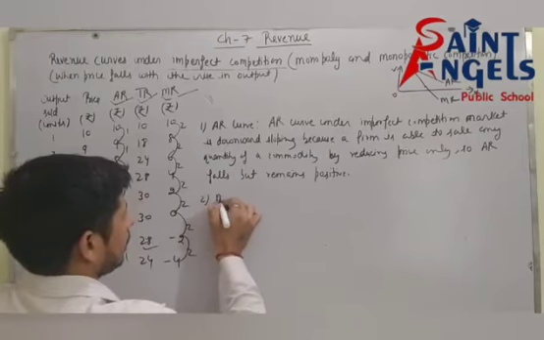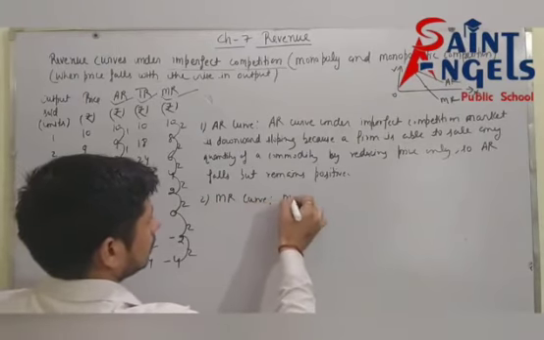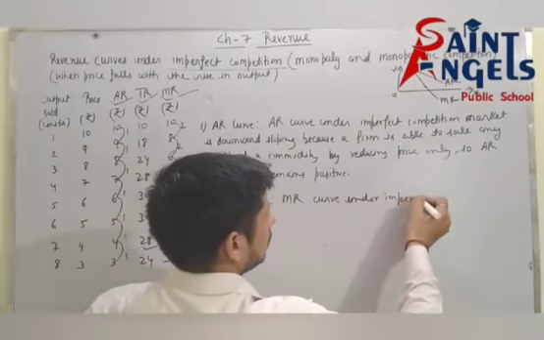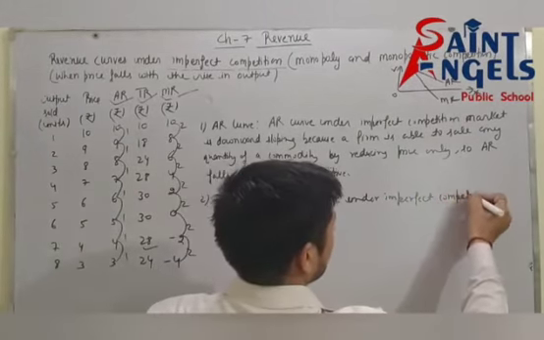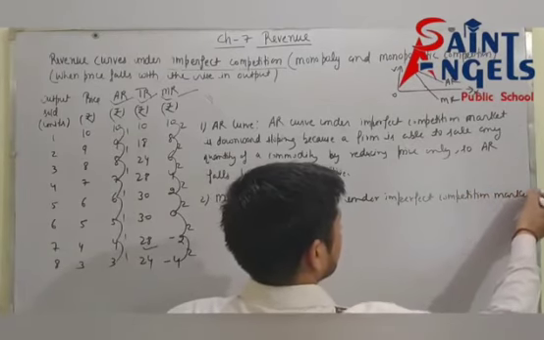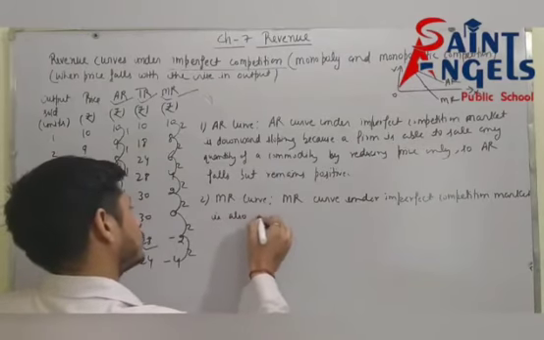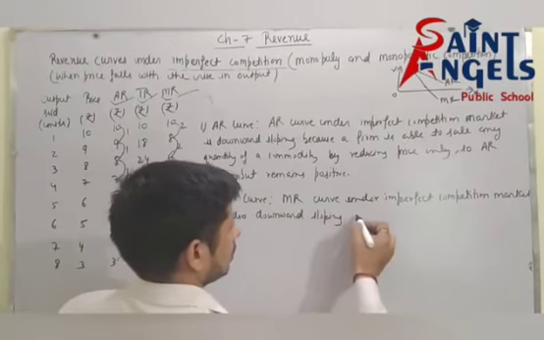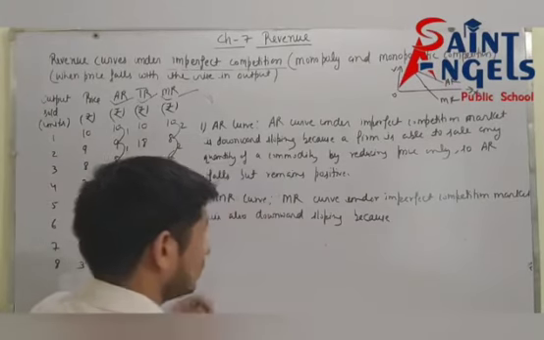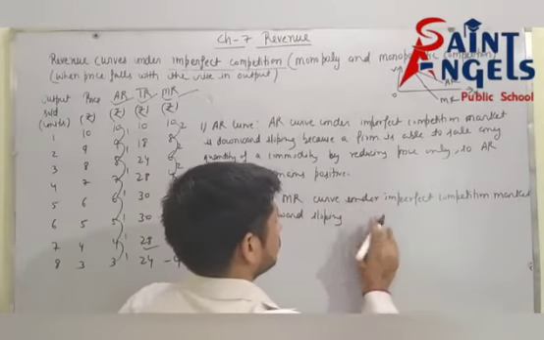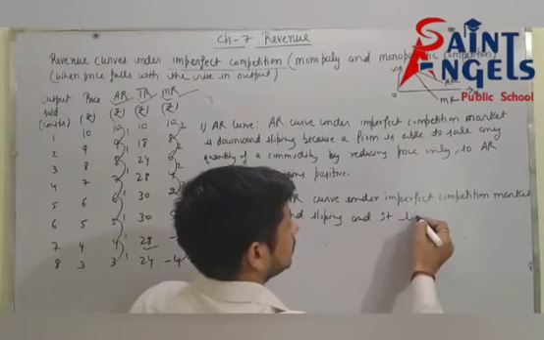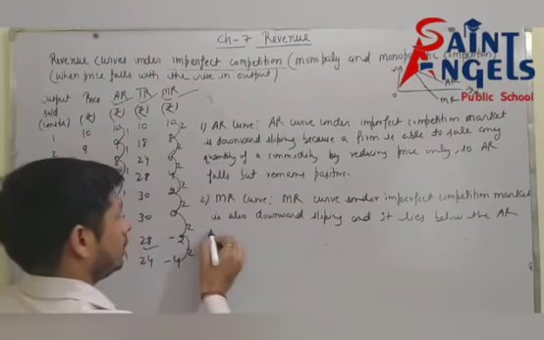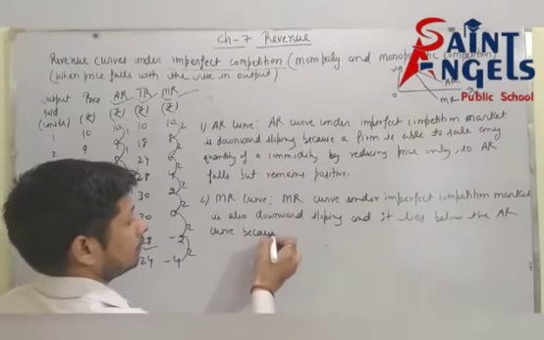Next, the MR curve. The MR curve under an imperfect competition market is also downward sloping, and it lies below the AR curve, because